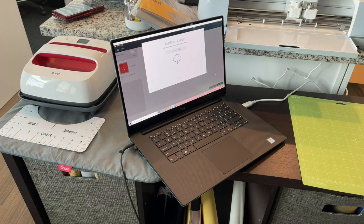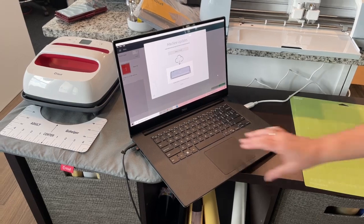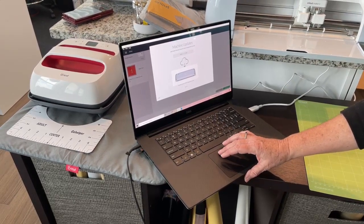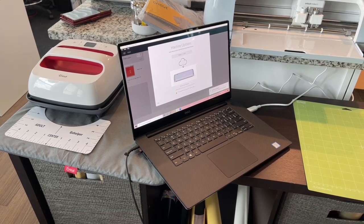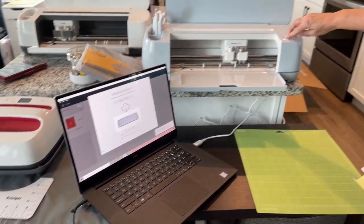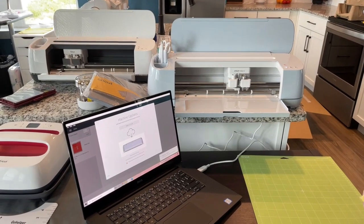Maker 3, it saw that. Uh-oh. It's looking for some updates. Uh-oh. We'll go ahead and do that because it appears to be a required version. Okay. It's rebooting your Cricut Maker 3. The light went red. Okay. Now,